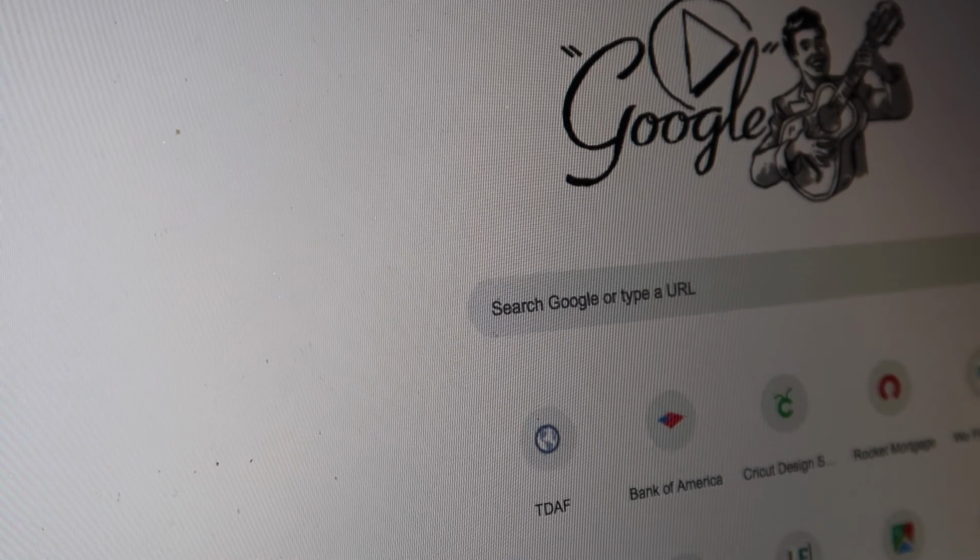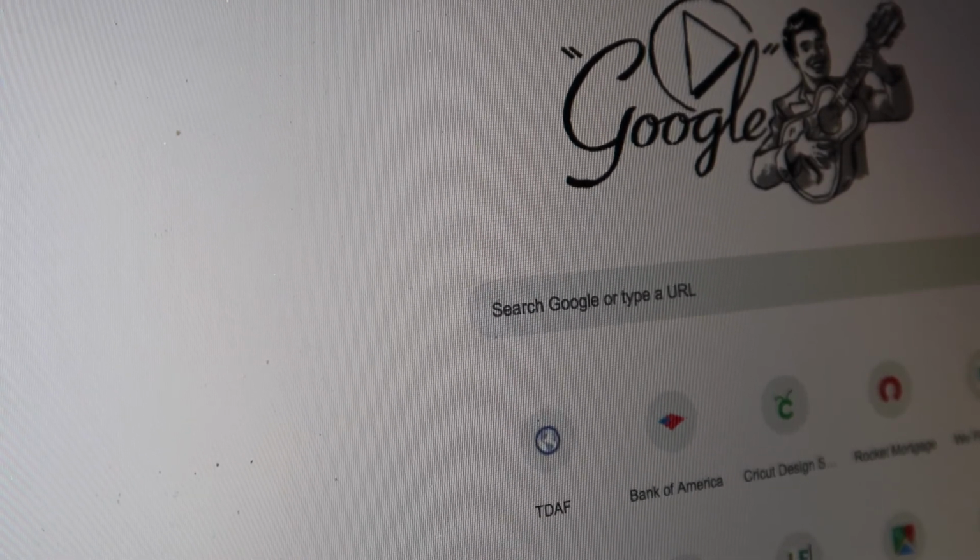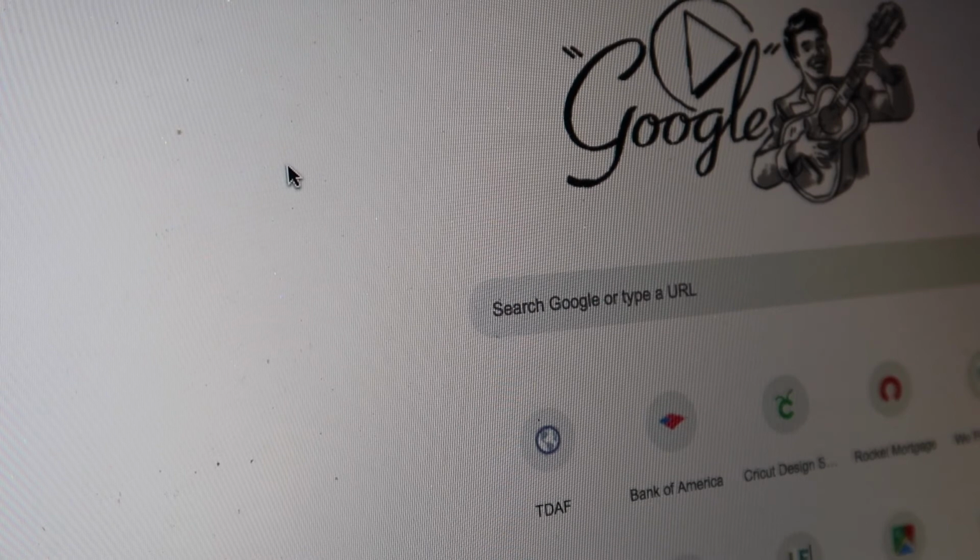Today I'm going to show you why you should never have to pay for fonts for your Cricut. Alright, so I'm not the best computer person, but if I could do it, you guys can do it too. Alright, let's get started. Open a new tab right here, or you can just start with this